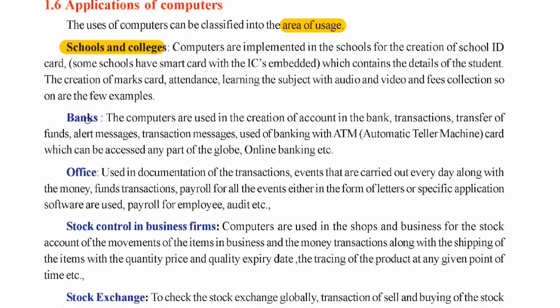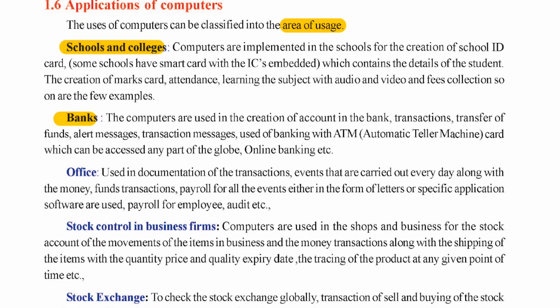So next we have banks. The computers used in the creation of account in the bank, transactions, so transfer of funds and alert messages, transaction messages, uses of bank ATM, automatic teller machines, which can be accessed any part of the globe, online banking, etc. So nowadays banks we have seen, everything is digital now. So whether you go to an ATM, how it works, we have computers there and an ATM counter, you enter certain things, and also now we can see online Phone Pay, Google Pay, or just online money transfer, and immediately you see how much money is deducted, all the transaction details will be coming to your mobiles,